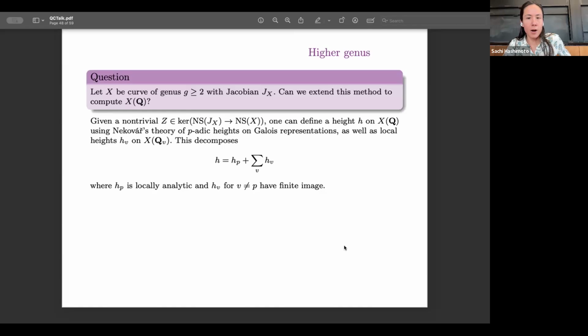Okay. So for the remaining time I have, I'm hoping to say something about higher genus curves, but maybe I'll take a second to see if there are any questions. I haven't seen any questions in the chat, but I don't know if anyone has questions before I proceed. No, I think please go on. Cool. Okay, so